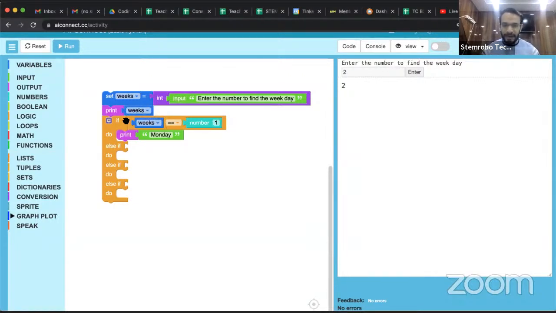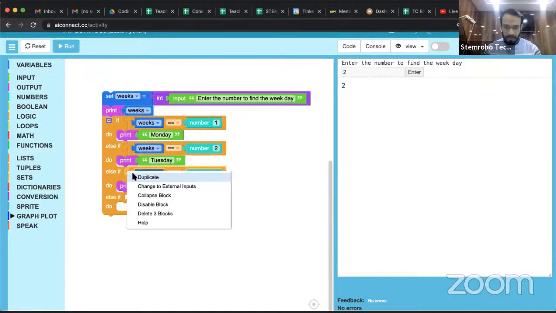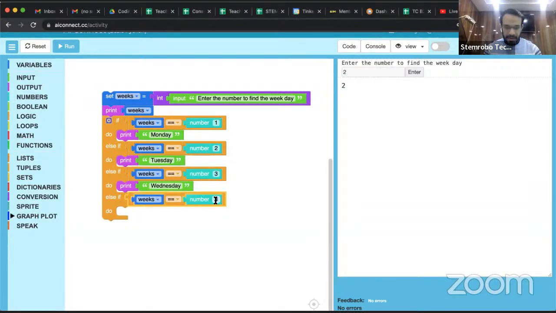अब मुझे नेक्स्ट कंडीशन भी लगानी है, तो स्टूडेंट्स प्लीज टेल मी, अगर यहाँ पे हम 2 करेंगे तो क्या प्रिंट होना चाहिए। I want answers in the chat box. Yes students, fill the chat box with your answers. Right, so we'll be having over here, sorry, it's Tuesday, ठीक है। हम ऐसे रिपीट करते रहेंगे, then it comes 3 over here, 3 पे क्या आएगा, Wednesday, और 4 पे क्या आएगा हमारा Thursday।